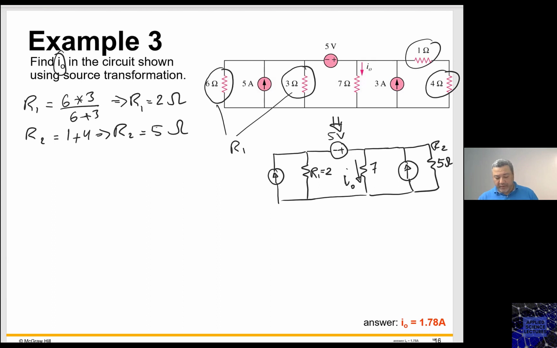Now, what can I do with this? This is a current source that has a resistor in parallel, R1. Now this will be transformed into a voltage source that has the resistance R1 in series. So this one will be